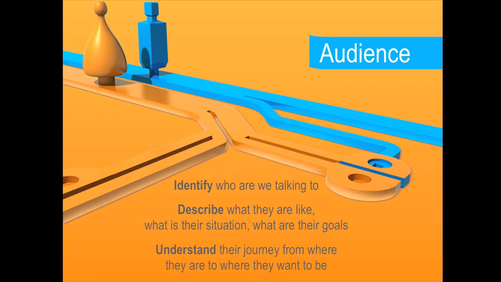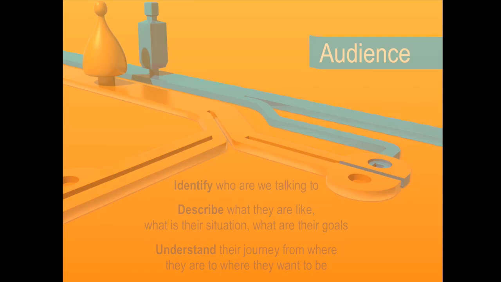And then we want to understand their journey from where they are to where they want to be. Just like I said earlier, good IA reflects the thought patterns of the audience. We want to understand what they have to do to reach where they need to go. Later in the content area, we'll identify things to help them along their journey, but we'll get there in a second. So as far as the